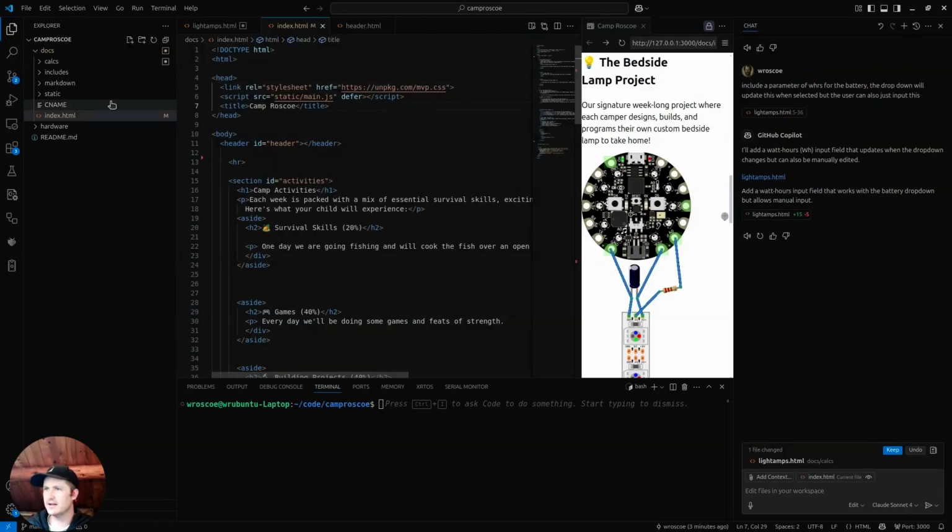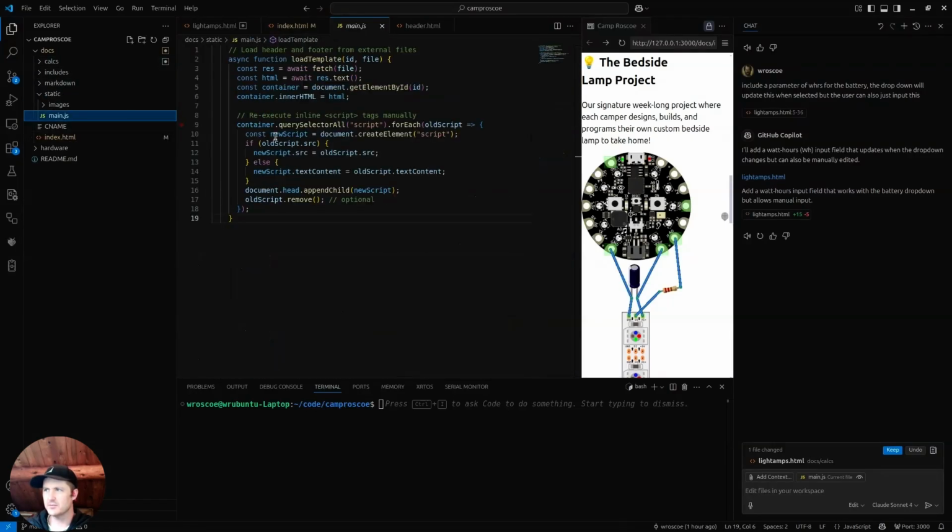And then the main way this is made modular is this little piece of JavaScript called load template. It requests a file, gets the text, gets the ID of the container that you specify, and then replaces the inner HTML with that